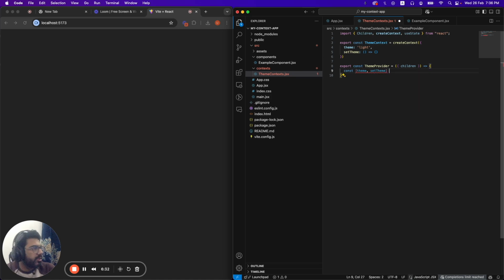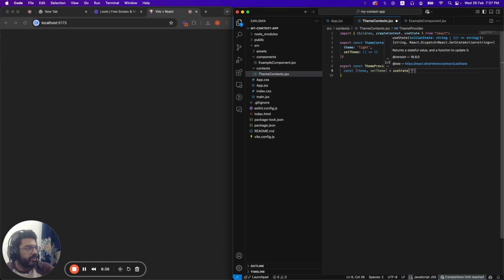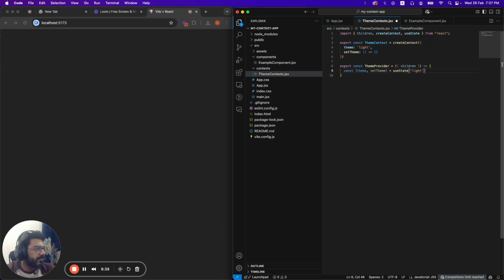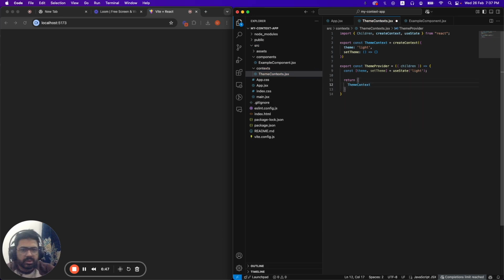So here we go, and we use useState and we use light. Alright. Here we return with the ThemeContext.Provider, and we need to use this one like this, and we need to pass the value, and here we will pass theme and